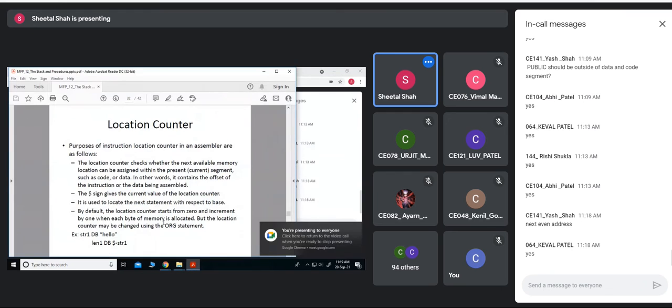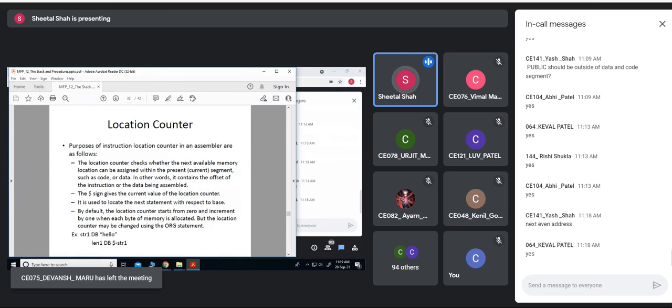The location counter checks whether the next available memory location can be assigned within the present segment, whether some more data can be provided into the current segment, such as code or data. In other words, it contains the offset of the instruction or the data being assembled, just as the instruction pointer contains the offset.